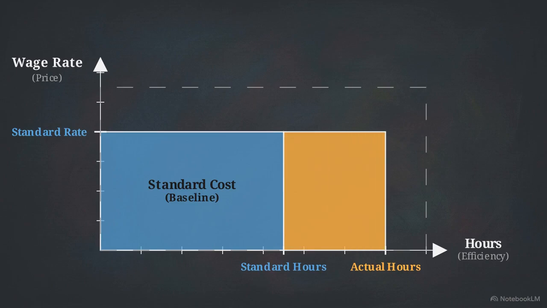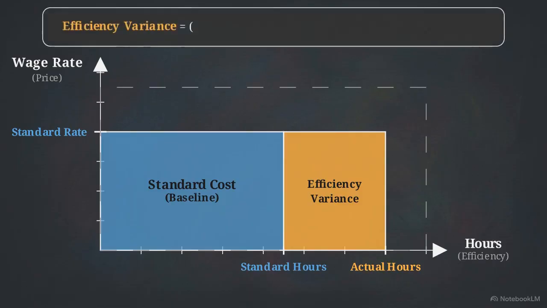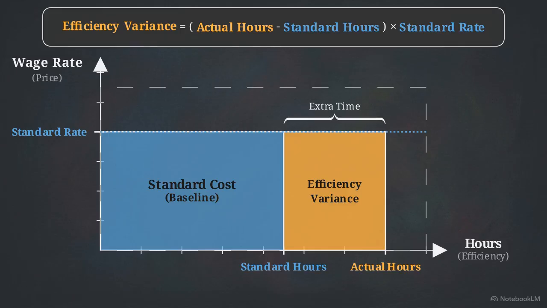Let's look at what happens when the production team takes longer to complete the job than budgeted. The baseline rectangle stretches outward along the x-axis to reach our actual hours worked. This new vertical slice of area added to the right is the direct labor efficiency variance. To calculate its exact size, we take the actual hours minus the standard hours and multiply that extra time by